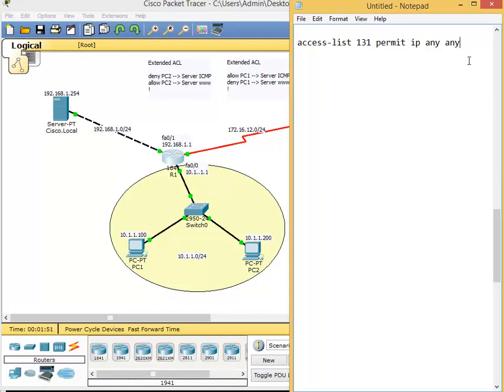Okay. Now we say access list 131 permit IP any to any, and then we say access list, maybe 132. We want to permit TCP coming from anywhere, and if they go into our network 10.1.1.0 with a wildcard mask 0.0.0.255 and they have a TCP established,